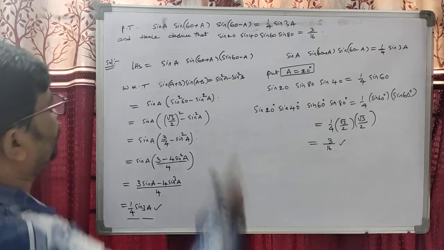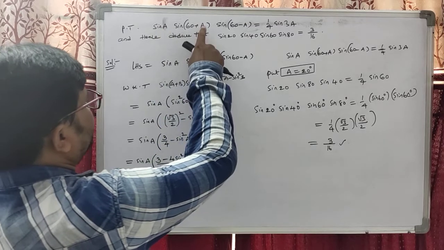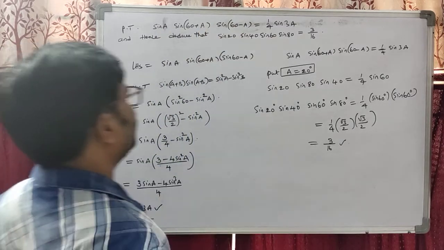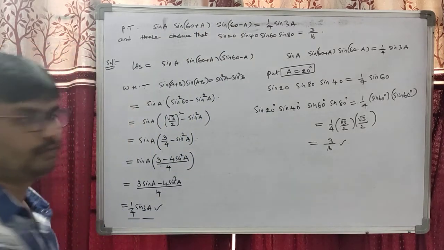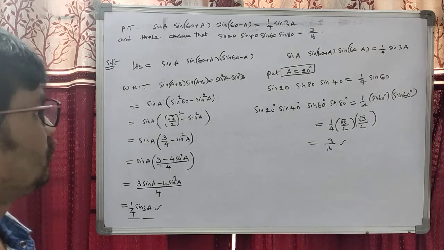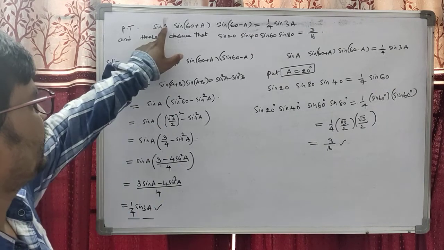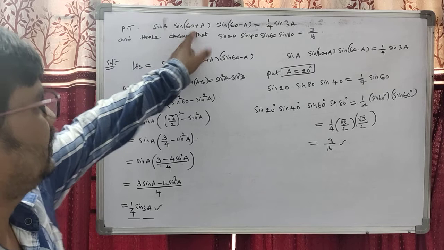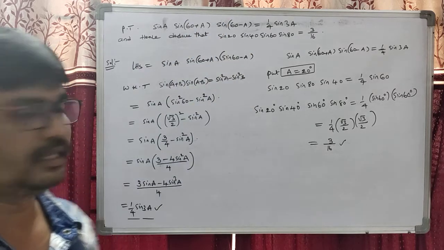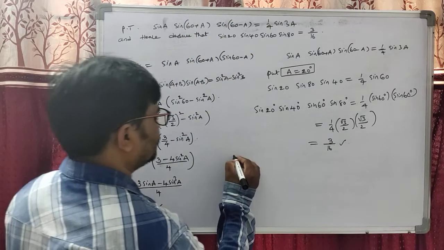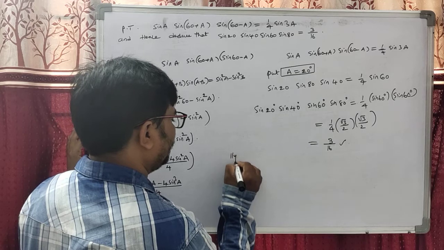Dear students, here we can prove that sine a, sine 60 plus a, sine 60 minus a is 1 by 4 sine 3a. Also here, sine a, sine 120 plus a, sine 120 minus a is also, what is it, students? Sine a. Similarly,